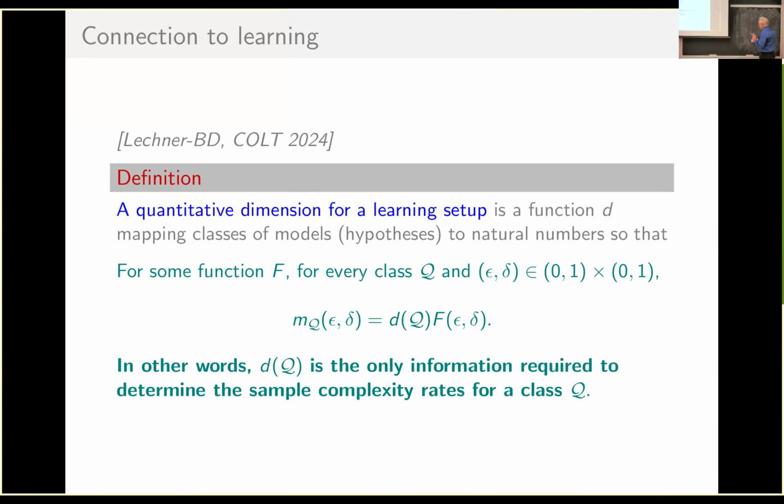So let me just stop for a second and explain what the problem is. So we know how to characterize learnability of 0-1 predictors. But now I want to learn a collection of, so I have here Q is a collection of probability distributions,